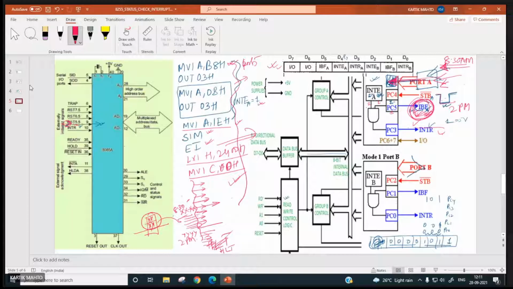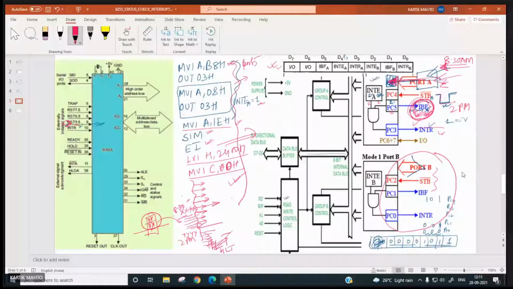If you have any doubts related to this, you can ask me. Right now we have touched only port A. Similarly, we can have port B also. In output handshake mode, that is totally different. The status signal will be different in that case.